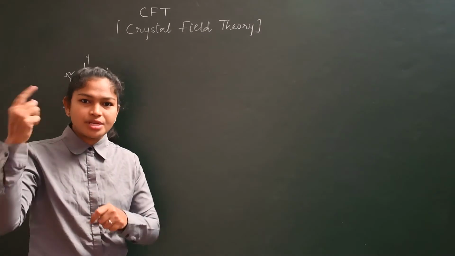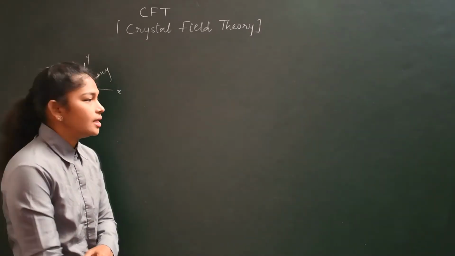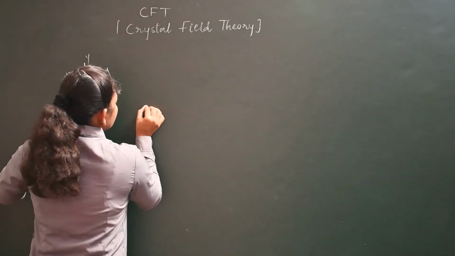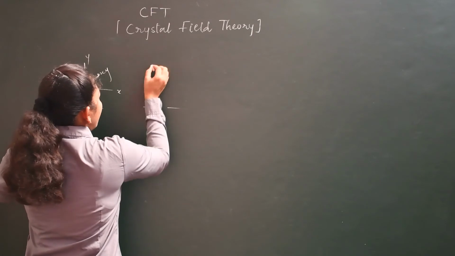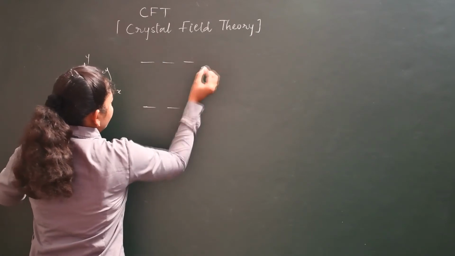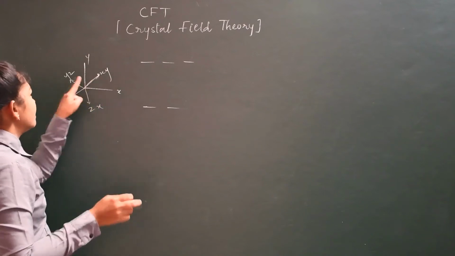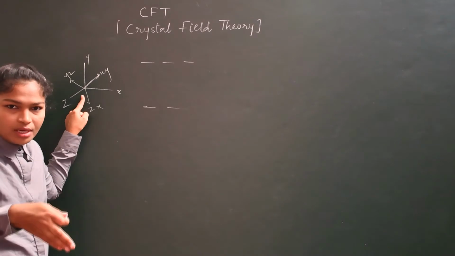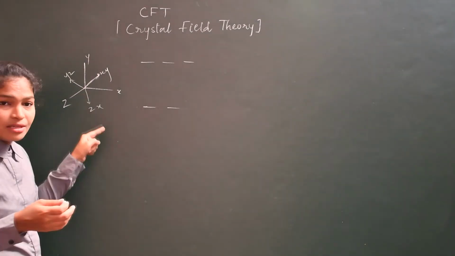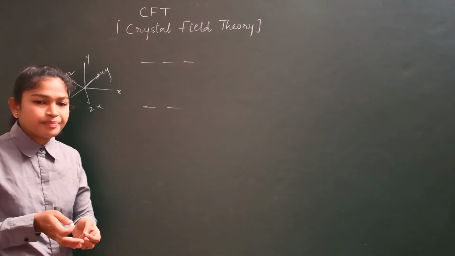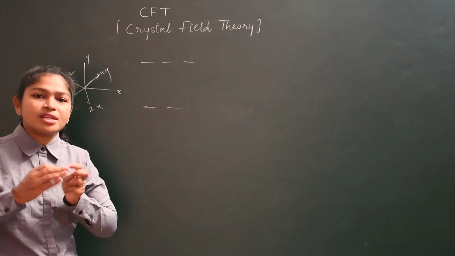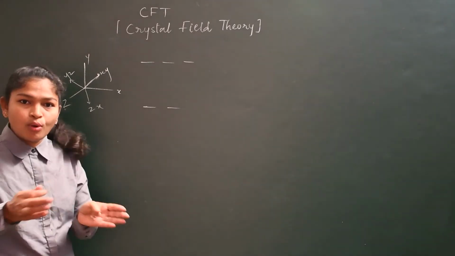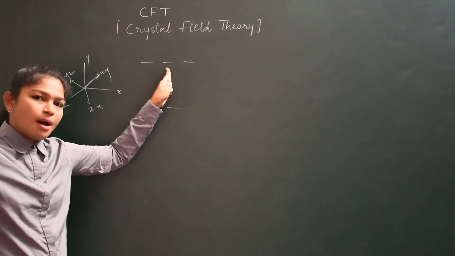T2g orbitals will be pushed up and eg will be down. That is opposite of octahedral geometry. The eg orbitals will be down and the t2g orbitals will be up, because these are dxy, dyz, dzx, and the ligands are also lying in between. Whatever ligands are lying in between the axes, those orbitals will be most affected. Then the repulsions between the t2g orbitals and the ligands will be more, so these will be pushed up.